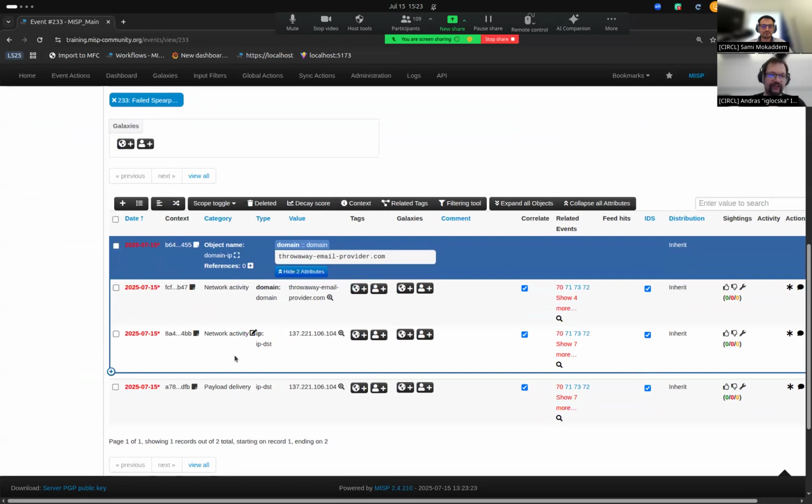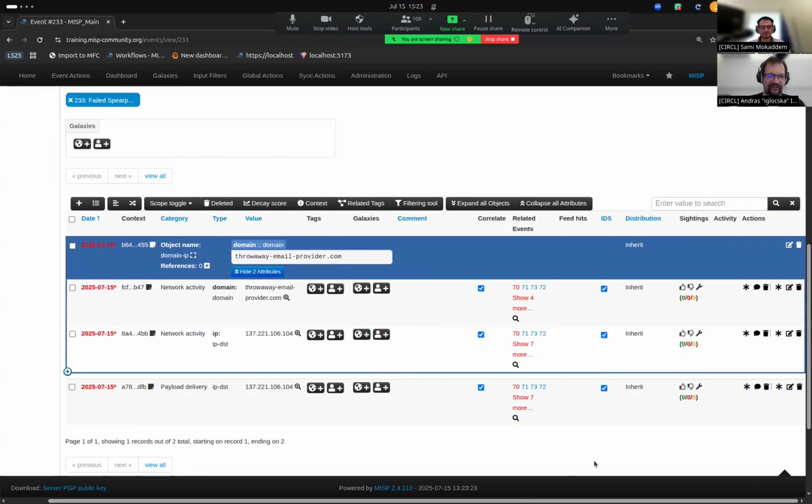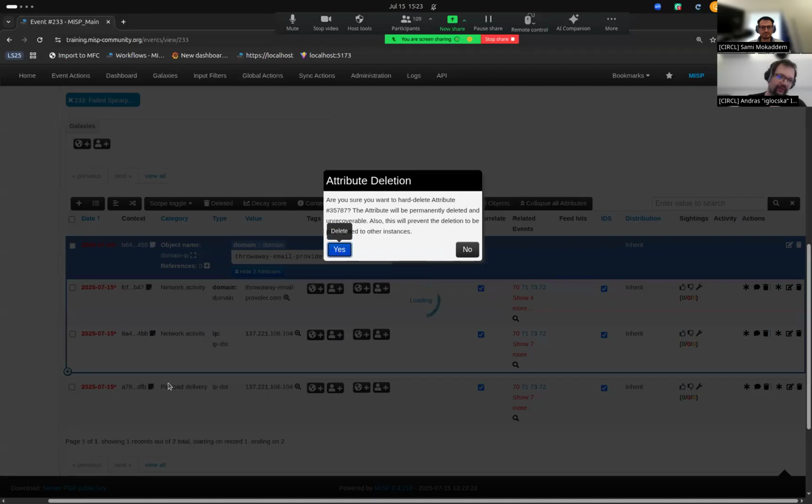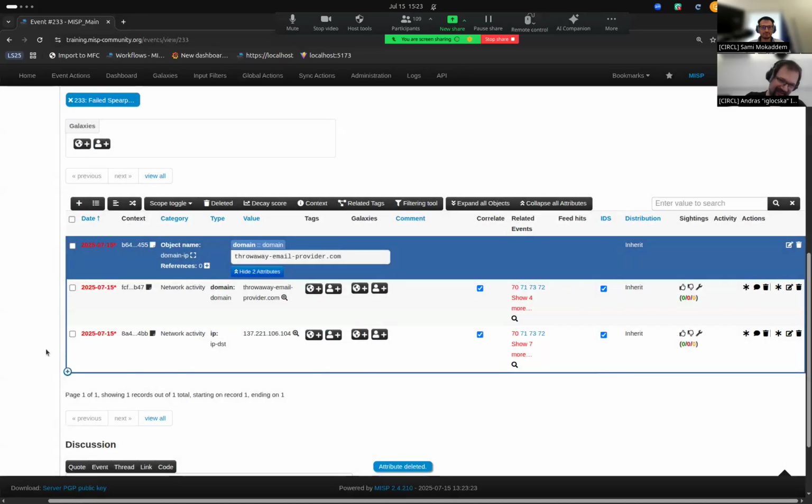So this in itself gives us quite a few advantages over just encoding attributes. Objects are much better suited to create graph-based events. So we're going to see how that works in just a bit. It also allows us to give an additional layer of contextualization by default. In this case, it's a pretty bad example